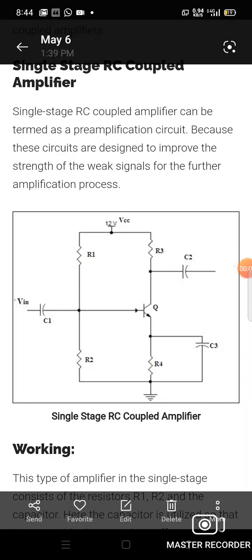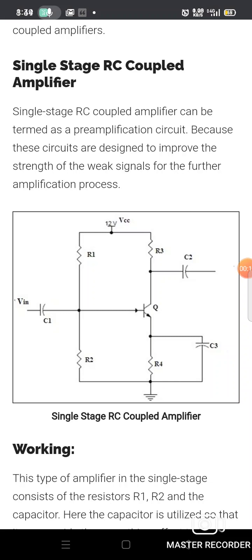Yes, today we have to discuss amplifiers, and the functions or effects of capacitors in between the input and output of the circuit. In this circuit, this is a single stage RC coupled amplifier. This is one of the amplifier circuits. In this circuit, we have the capacitors